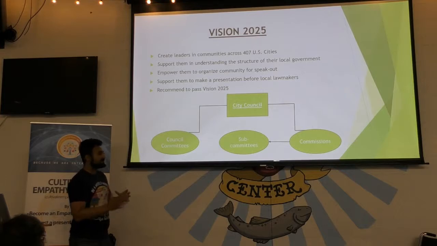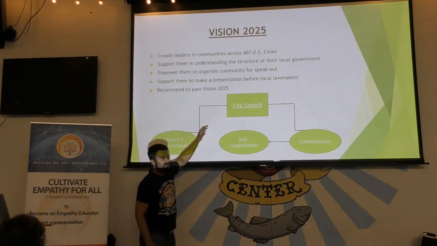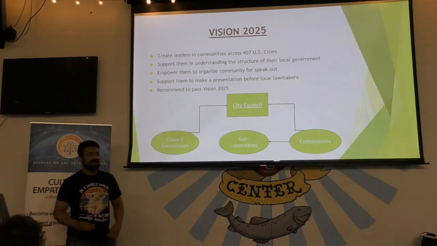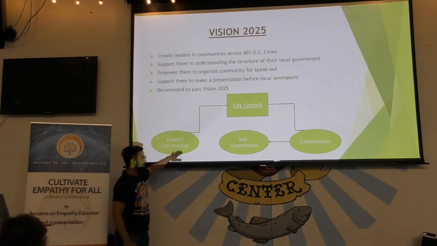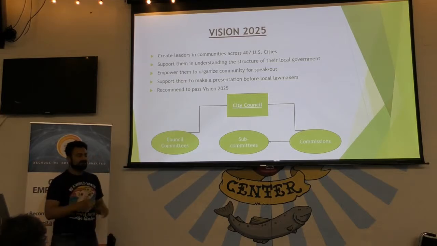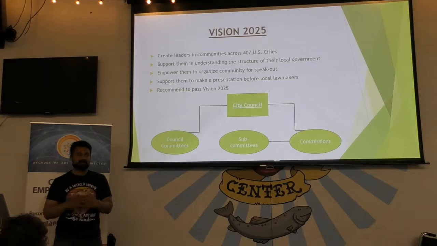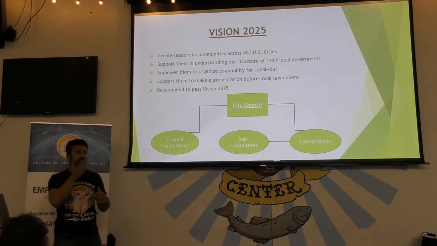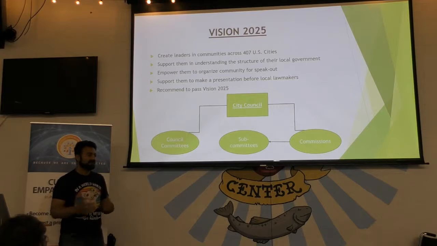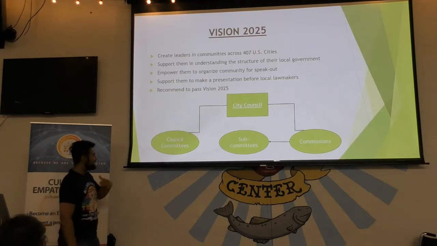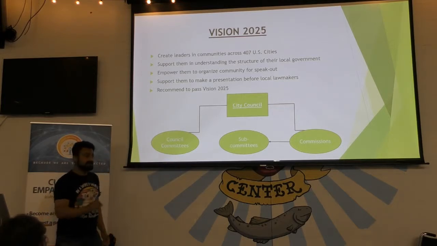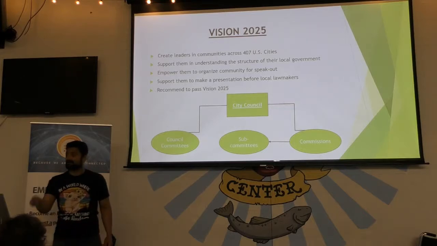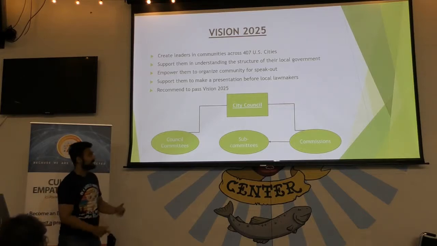We don't only have this opportunity to speak at the council, but we also have an opportunity to speak at their advisory committees. Every council has advisory committees in 3 different forms. The first one is called council committees. Different council members hold committees with stakeholders in their communities to address different issues or topics like environment, homelessness. So we can find out if there is a council committee in our city that addresses sustainability, environment, or animal care issues, and we can go and speak in front of them and address animal farming.